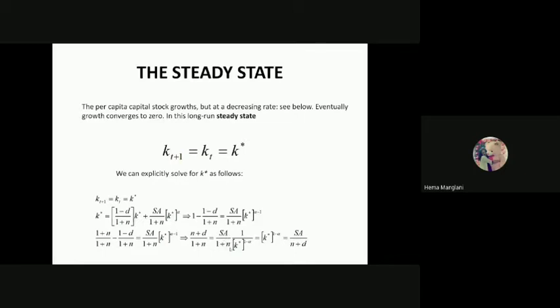divided by 1 plus n, then 1 divided by k star, and the power is 1 minus alpha, because I just put it down. So if I put it down, this alpha minus 1 will now be converted to 1 minus alpha. This power would now be 1 minus alpha. So now nothing more we need to do. We just get the value of this k star power 1 minus alpha. So just reshuffle the whole expression, and for the simplification gives us SA by n plus d.